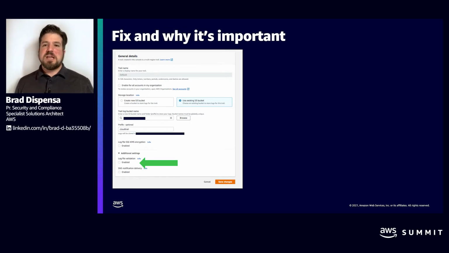So we want to make sure that there is high confidence in the integrity of those log files. Here you can see on screen that I've indicated where we would go and enable that log file validation. What that does behind the scenes is it allows us to create a fingerprint of the files as they're being persisted to the log storage, in this case S3, so that when we want to validate the logs, we can effectively perform a hash function to make sure that the log files have not been modified, tampered, or altered in any way.